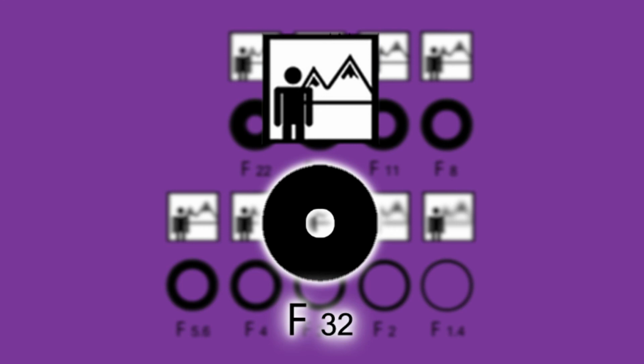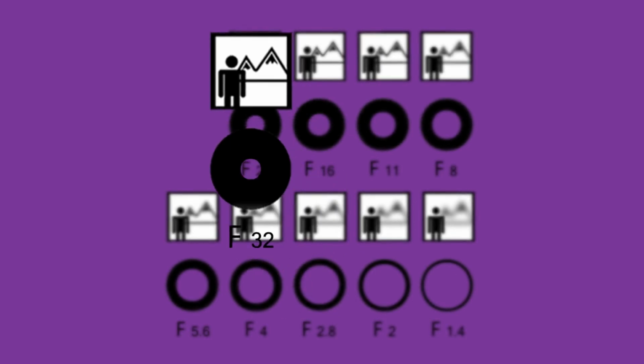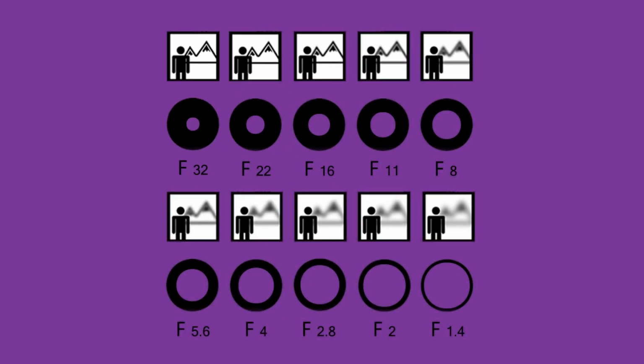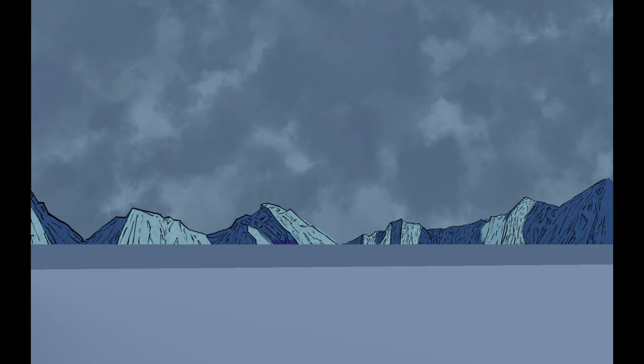If I were to take a photo with a large aperture, I would get a shallow depth of field, meaning the person I will be taking a photograph of will be in focus, but the background will be blurred. However, this wouldn't be the best approach if I was photographing a landscape. I would want as much as possible in the image to be sharp. I would use a small aperture, which would give me a greater depth of field, so even objects in the